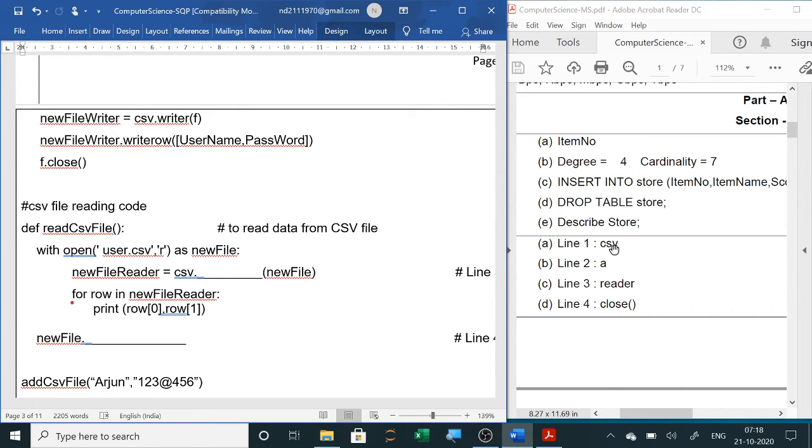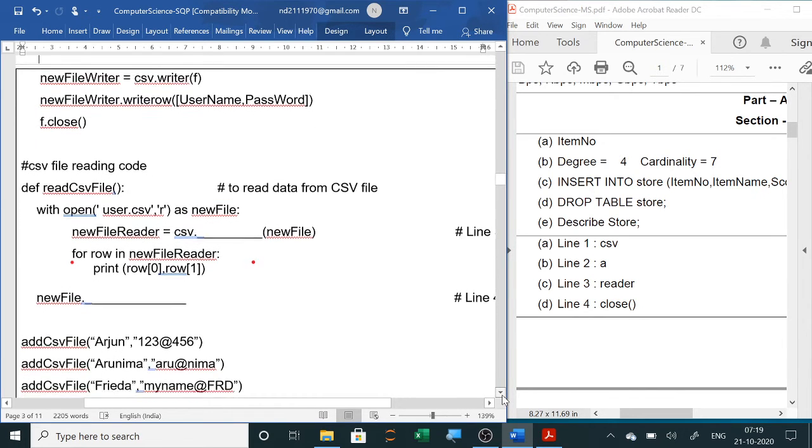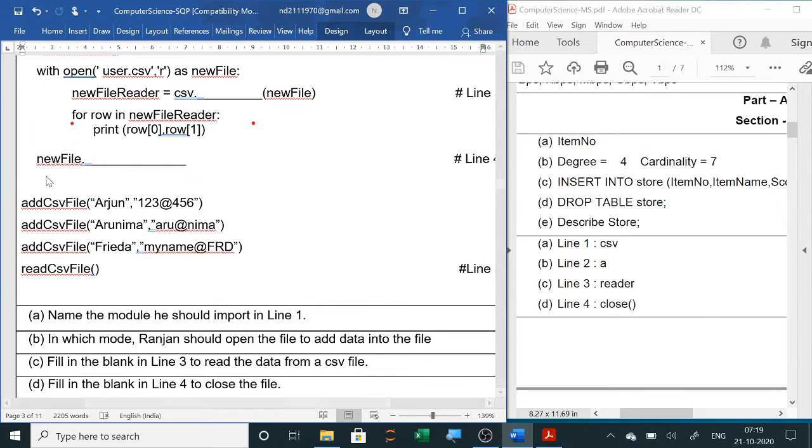You can see the answers here: csv, then append mode A, then reader. Then when your task is over, we are closing our files, so here you write the close command.